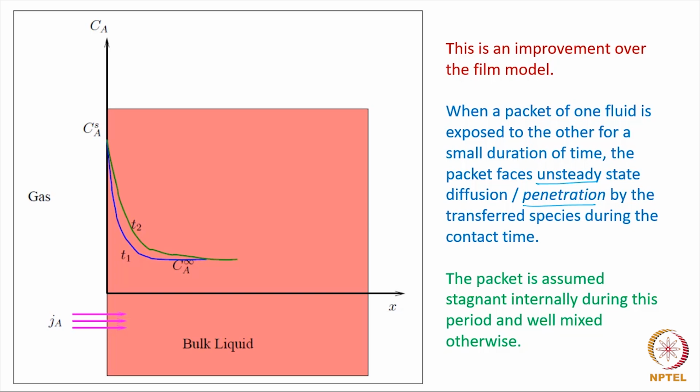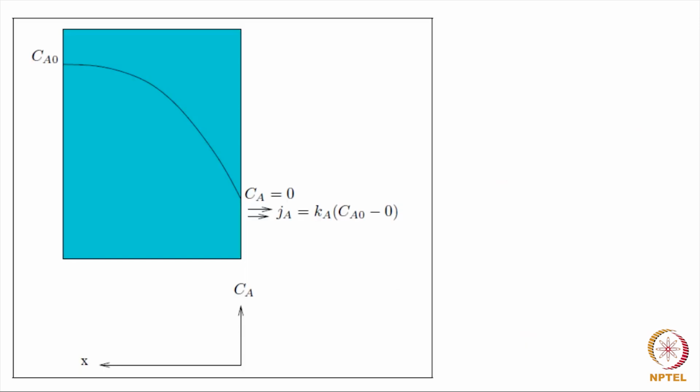And during this time the liquid is actually internally stagnant, which means that during the time this particular composition evolution is taking place, it is stagnant internally, but then after some time the liquid packet will move away and get well mixed with the rest of the bulk liquid. So this is the model that has been proposed by Higbee, and using this model we can propose that there is a composition profile, and in the thin layer you can see that the composition profile can be assumed to be given by the error function solution, because the shape looks somewhat like